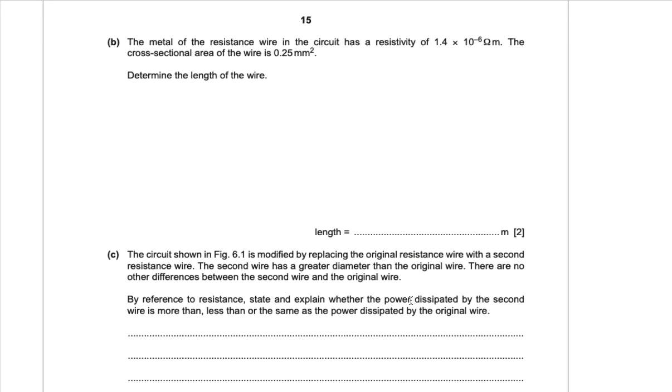Part B, the metal of the resistance wire in the circuit has a resistivity, and the cross-sectional area of the wire is 0.25 millimeters squared. Determine the length of the wire. So the formula that relates all these quantities is resistance equals resistivity times length divided by the cross-sectional area. Now you're supposed to find the length of the wire, so length is equal to resistance of the wire